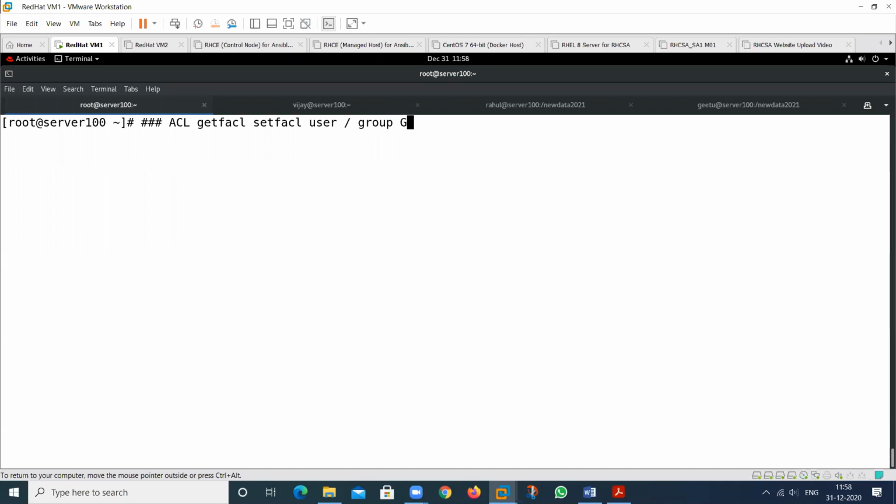And I explained one more thing related to grep. It means global regular expression print. So if you have any doubt related to these things, it can be ACL, it can be grep, you can ask.